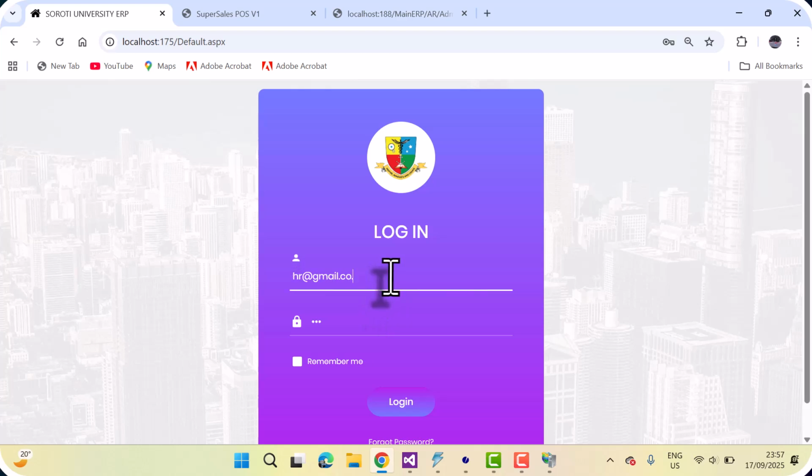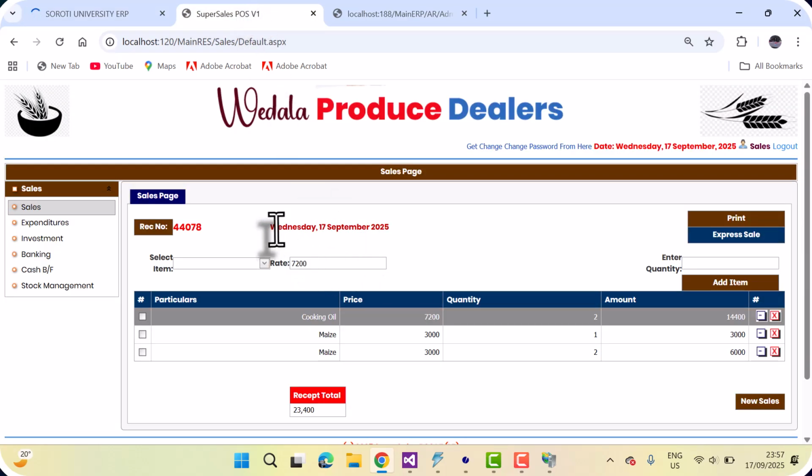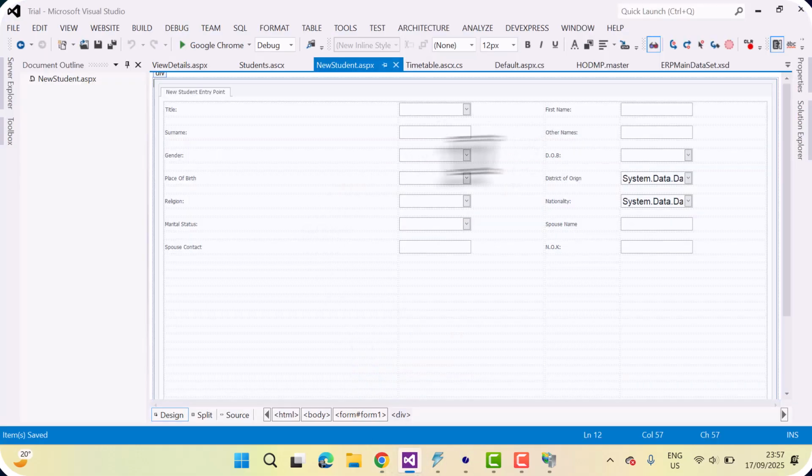So that's how we declare the date. For example, if you want to maybe have a label for date here, that's how you can actually do it. So today